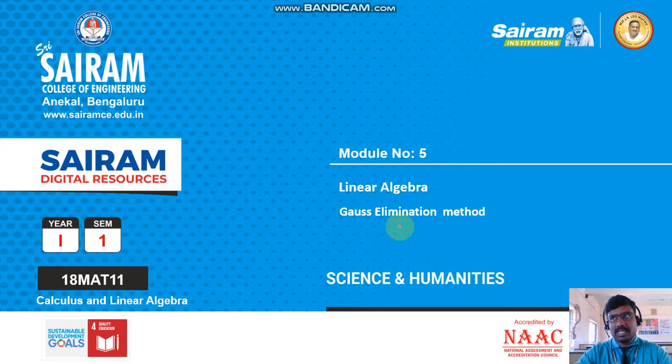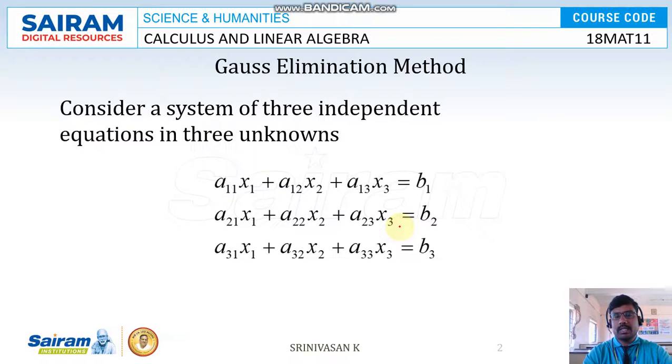Here, the process is the same. If you understand the rank of matrix, the same procedure applies here. We apply the rank of matrix and also the type of solution, the consistency of the type of solution, the same concept applied here. So, the Gauss elimination method. Gauss is the mathematician's name, and elimination method.